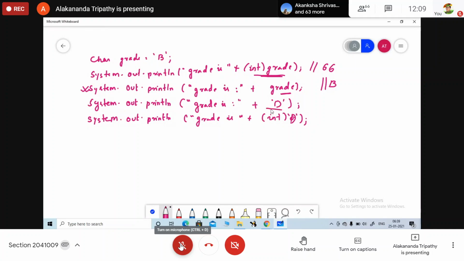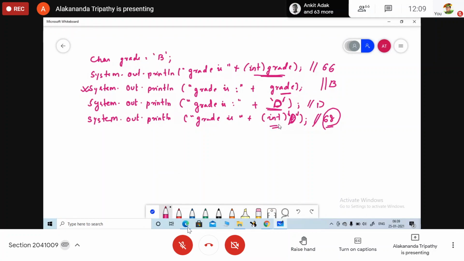And for this case? D. Yes, here the output is D as it is written in single quotes. And for this case? 68. Here it is finding the Unicode value and giving us the value as 68. Okay, all of you clear with this point?